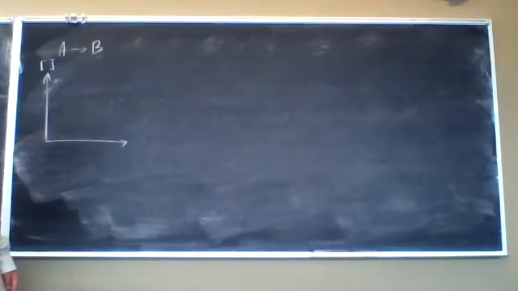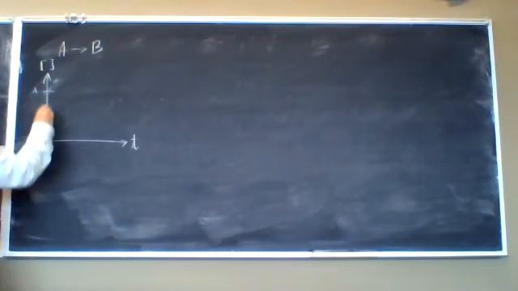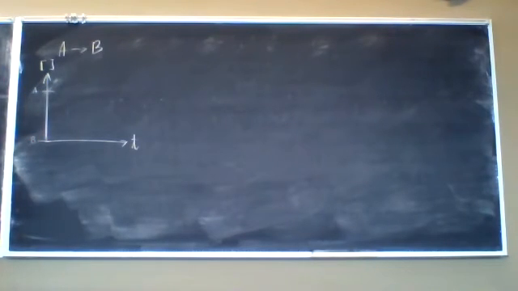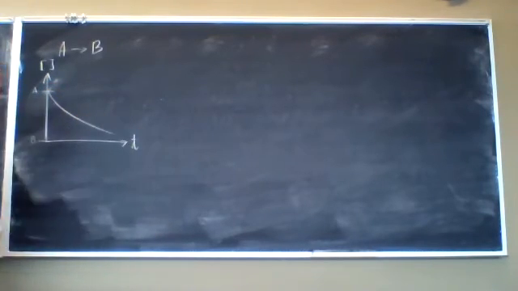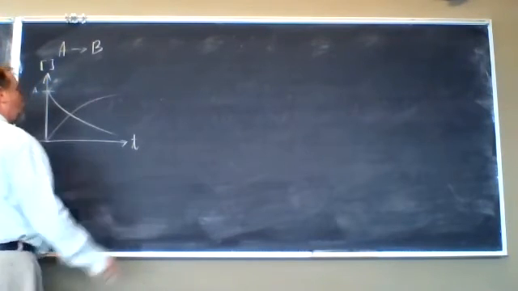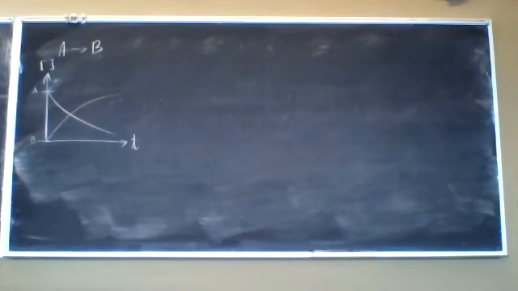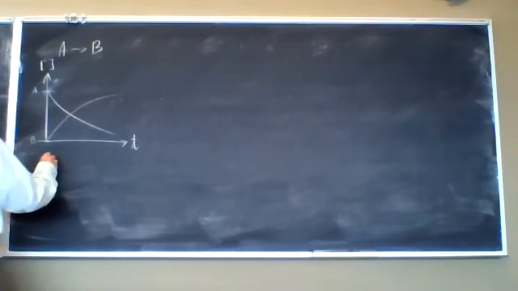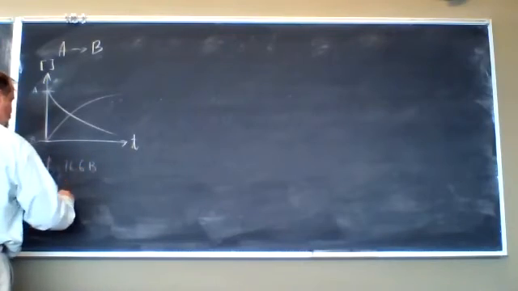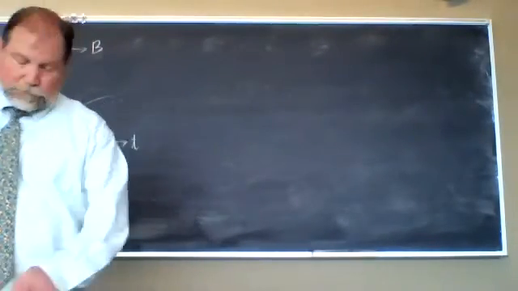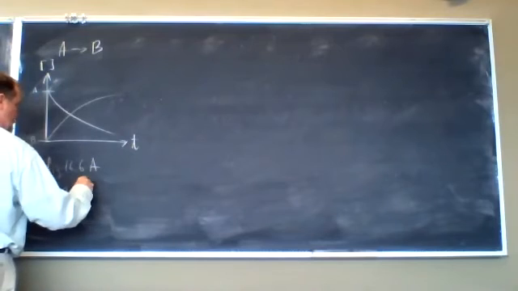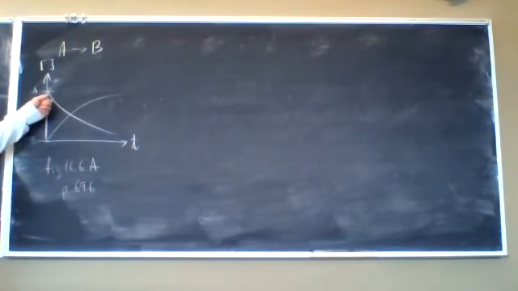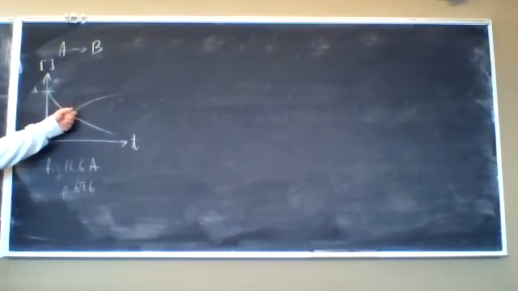the concentration of A and B versus time, we start off with all A, no B. And as the isomerization process occurs, A is converted into B at the exact same rate that B is converted into A. And so just like the picture in figure 16.6a on page 696, what we see here is the rate of production of B is exactly equal to the rate